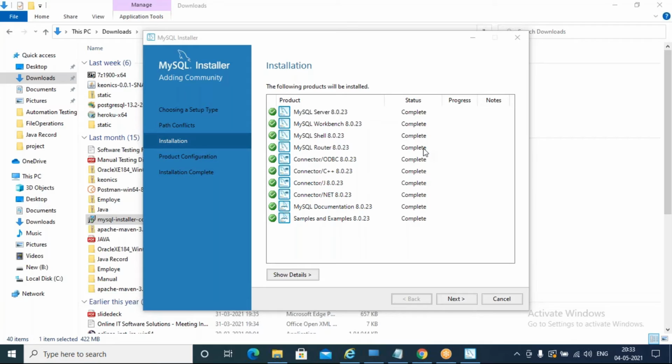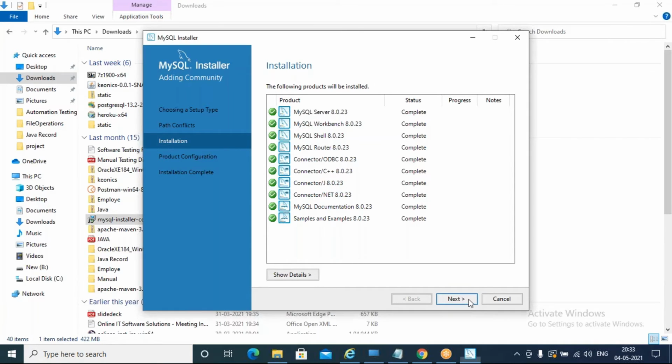See, all of this got installed on my machine. Now I can move ahead to the next step. It will take some time, so please have patience and get it installed.